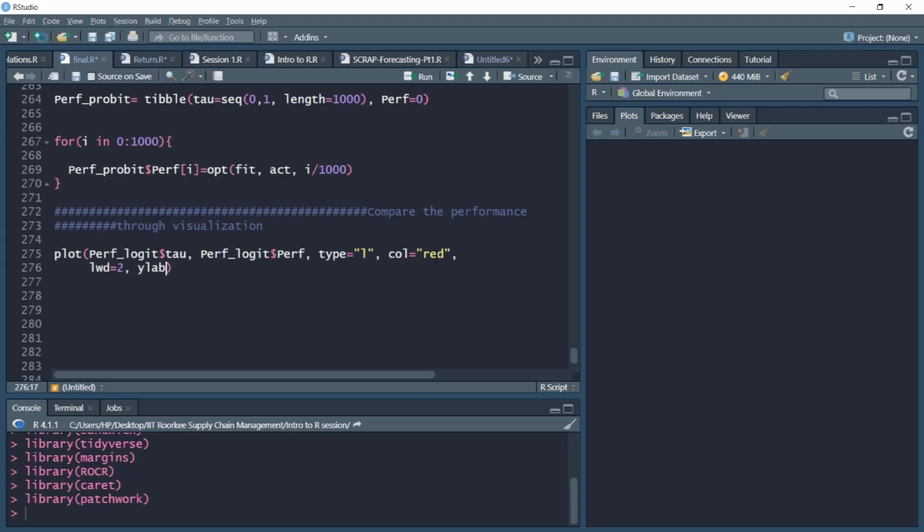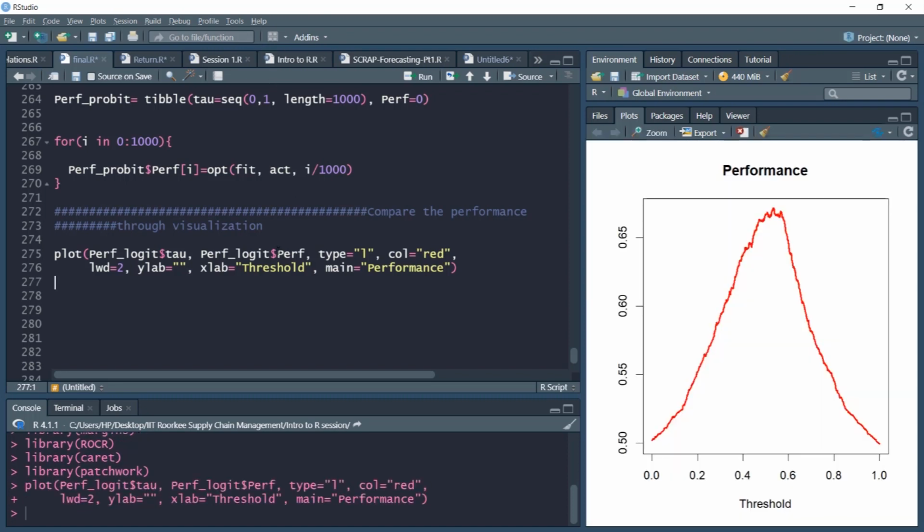We'll not name the y-axis, we'll keep the y-axis empty. X-axis is common, so we can give a name of threshold, and the central heading is performance. Let's plot this object. So we can see the object that is plotted.